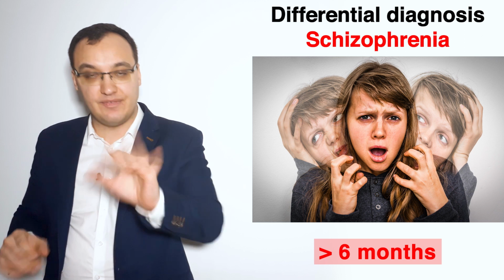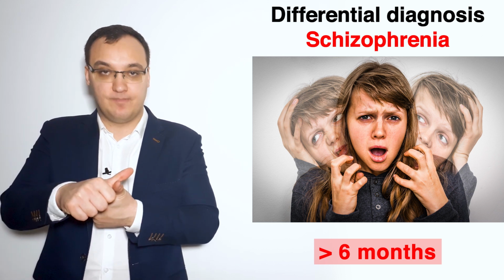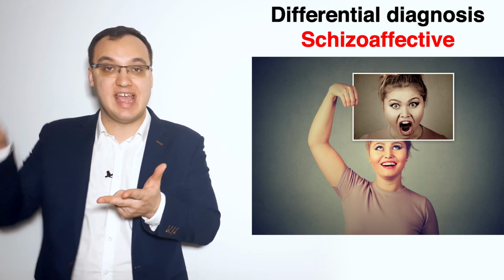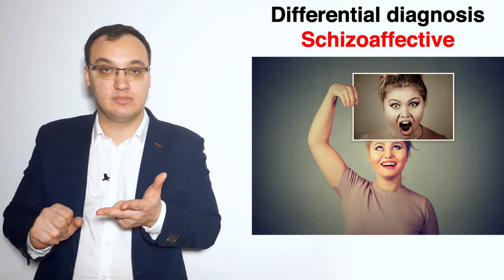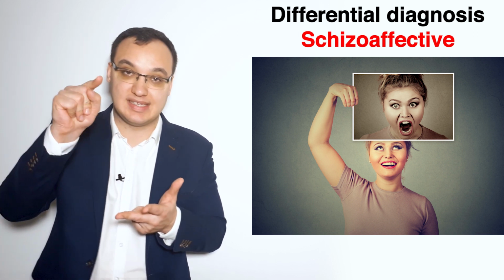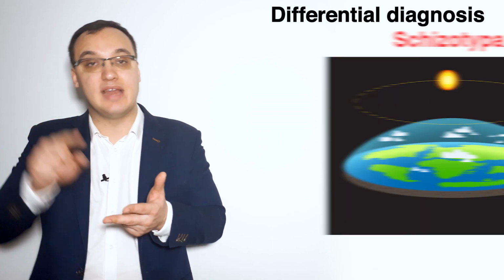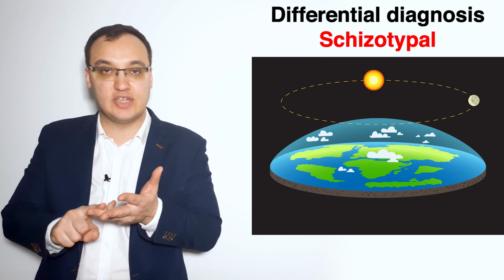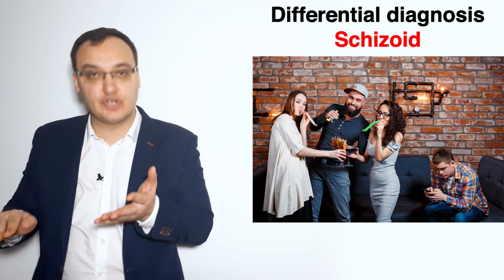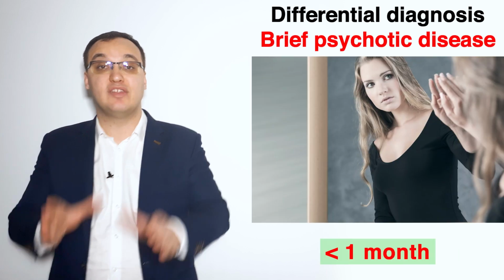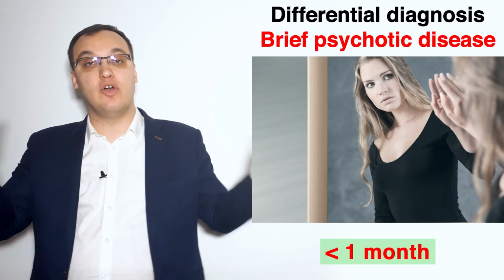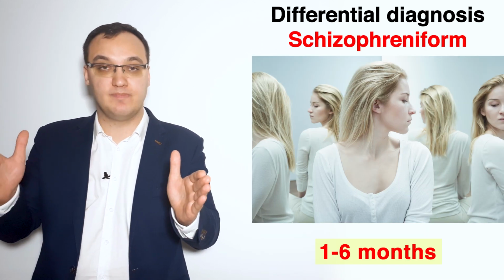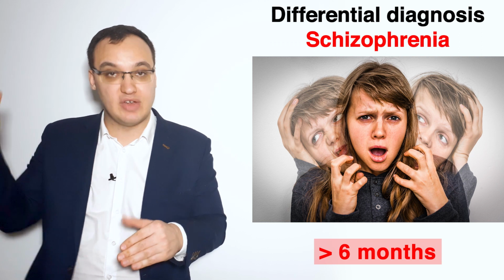So, to conclude, 5 schizotypes. Schizophrenia, more than 6 months. Schizophreniform, less than 6 months. Schizoaffective, which is psychosis and mood or depression or manic behavior. But it doesn't have to have, as we said, mood, because that was psychotic mood disease. Then we have schizotypal, that is odd belief without any real delusions or hallucinations. Then we have schizoid, which is lower social functioning but no psychosis. Then we had brief psychotic disease, which is a period of less than 1 month of psychosis. Schizophreniform, as we know, had 1 month to 6 months. And then we had schizophrenia being more than 6 months.